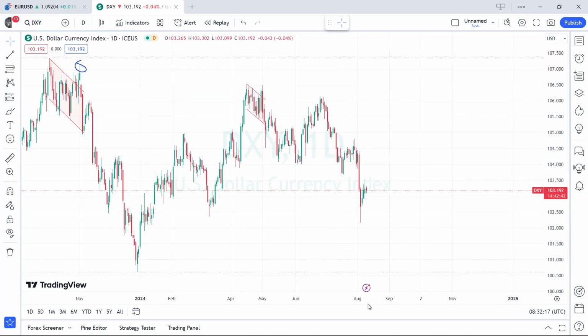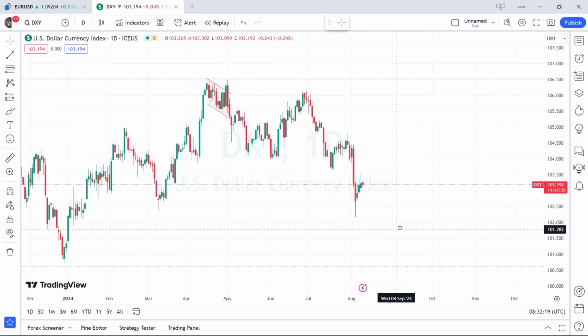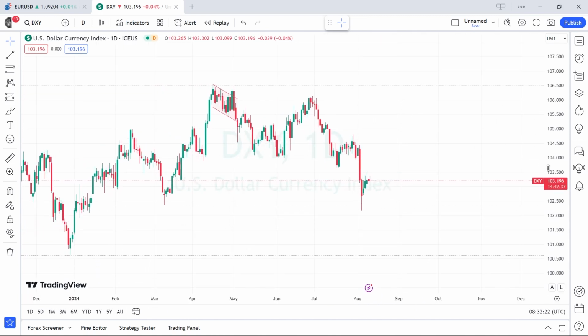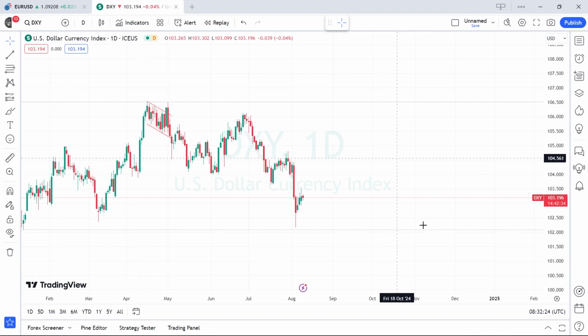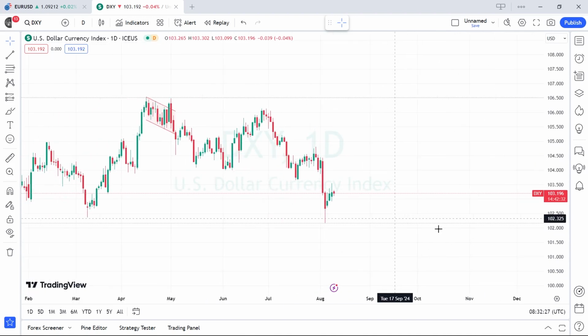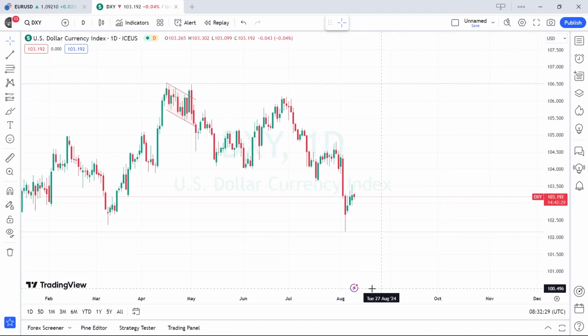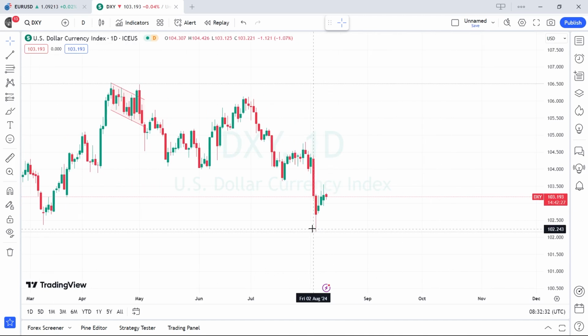Yeah, this is cleaner. If you look at it from a daily time frame, you can see the expectations. You can see the price action is kind of in sync with how interest rate expectations have been moving. This is on Wednesday last week, when the Fed came and delivered a pause, and they were pretty dovish, saying, "Yeah, it's likely to have a rate cut in the September meeting." But the market was already expecting that.